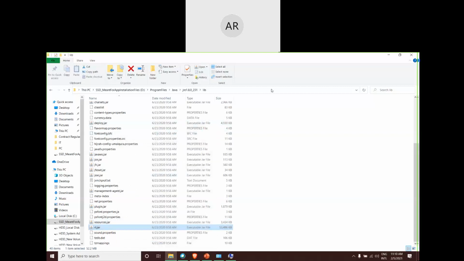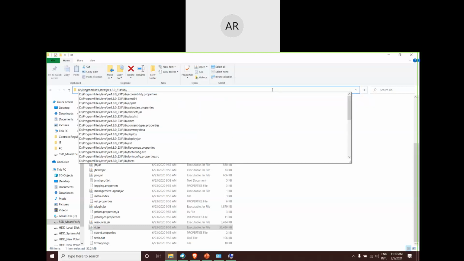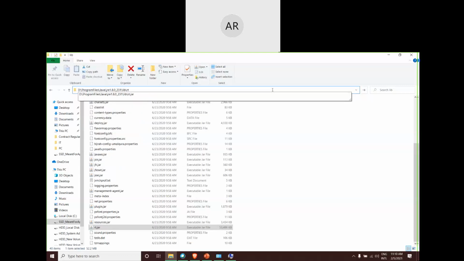So what we'll do is, we'll click as usual, like we did for the bin for JDK. Okay, it will get highlighted. Again click on the blank space so that the highlight is gone. You can see there are backward slashes, right? Enter one more backslash. You will get a list of all the files that are there in that particular folder. We are concentrating on rt.jar, right? rt.jar. Type that particular word exactly without any errors. Be cautious. No capital letter errors should be made here. rt.jar. This is the file which we were referring to.